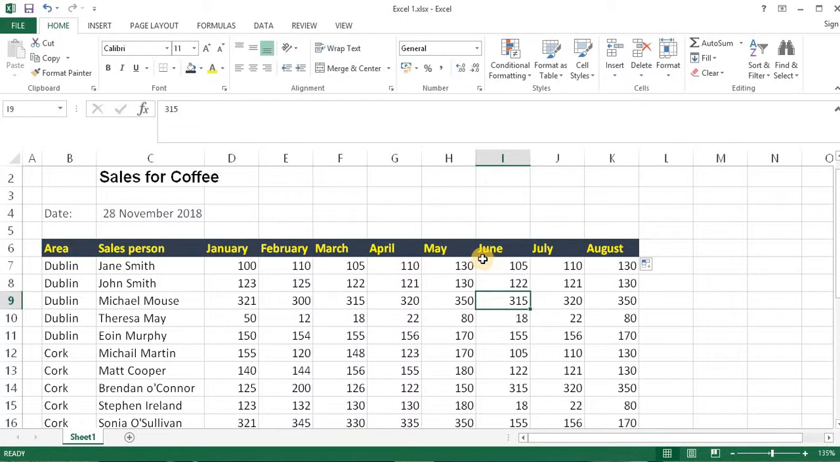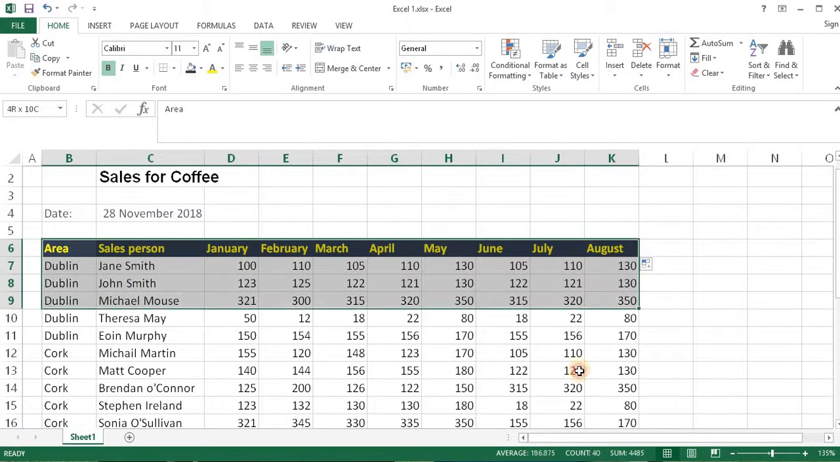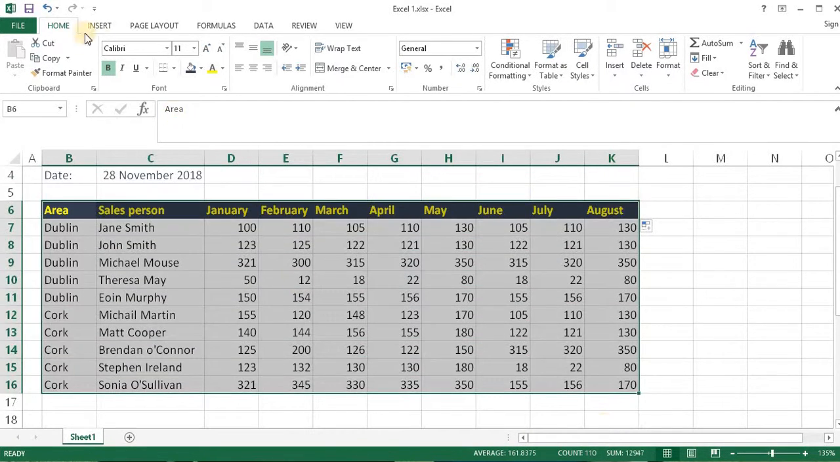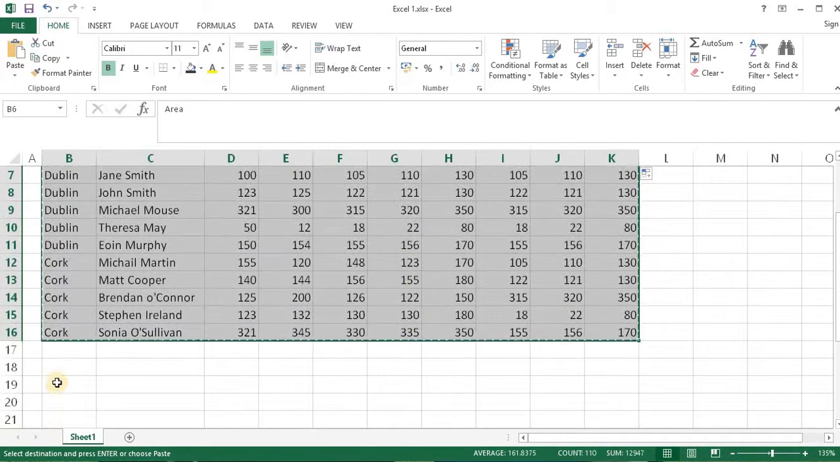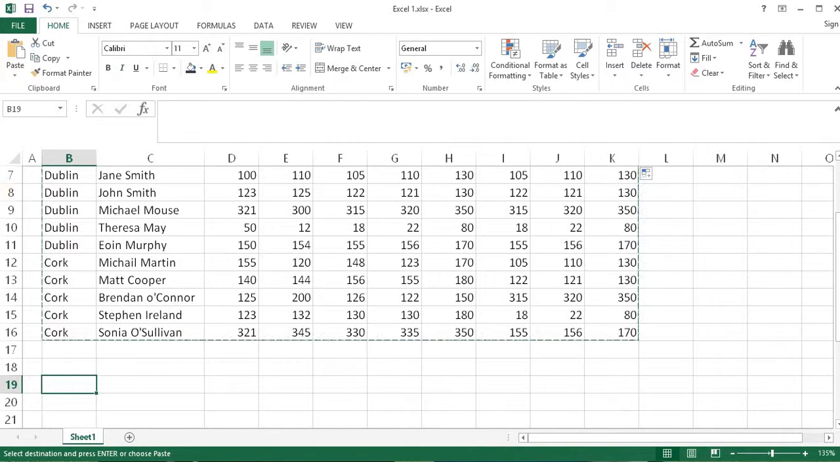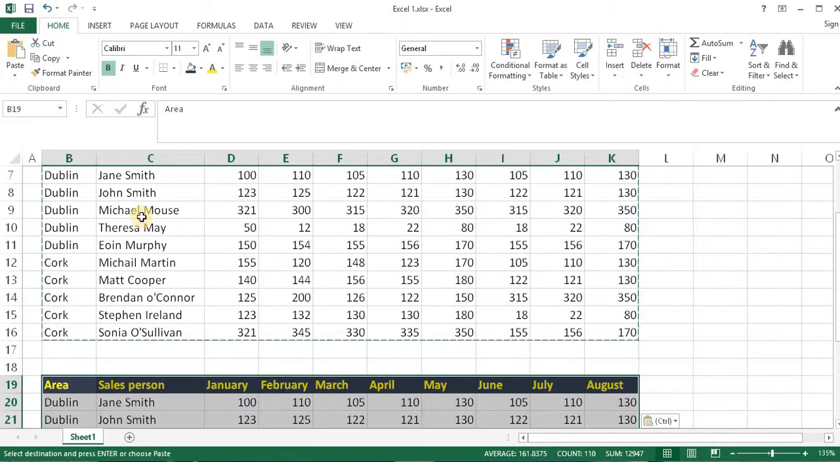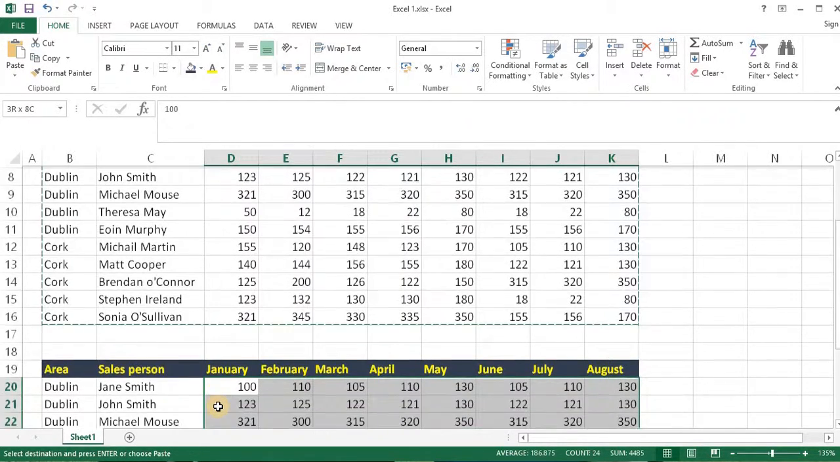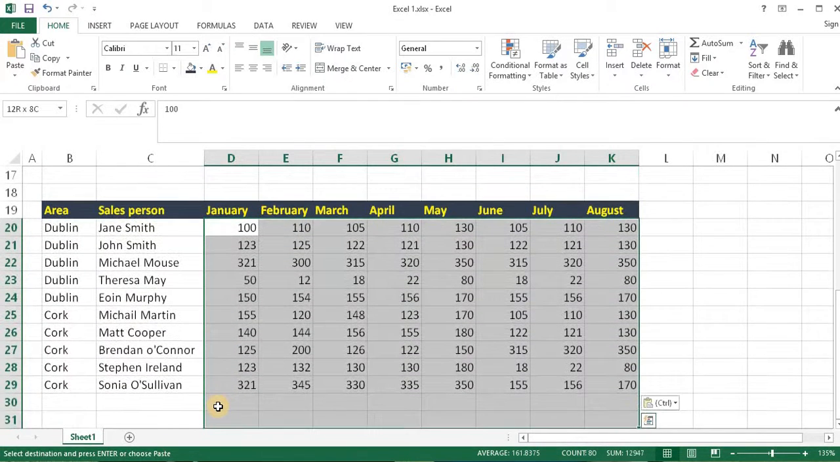Now we're going to copy our figures down to just below. So click on the top left corner, drag across, drag down and click, then click on copy, go to where you wish to paste it and click on paste. And we're going to delete the figures from inside here because these are going to be different figures. So select the area you want to delete and you can hit the delete key